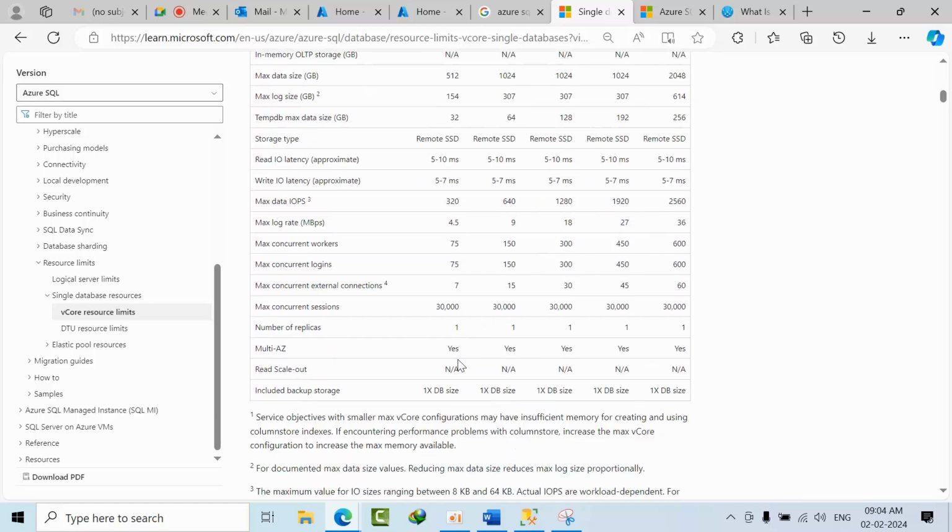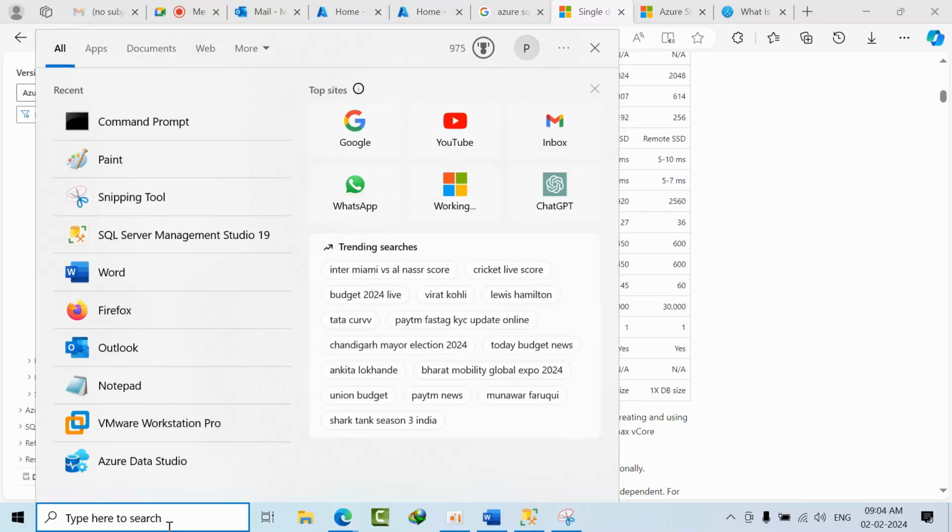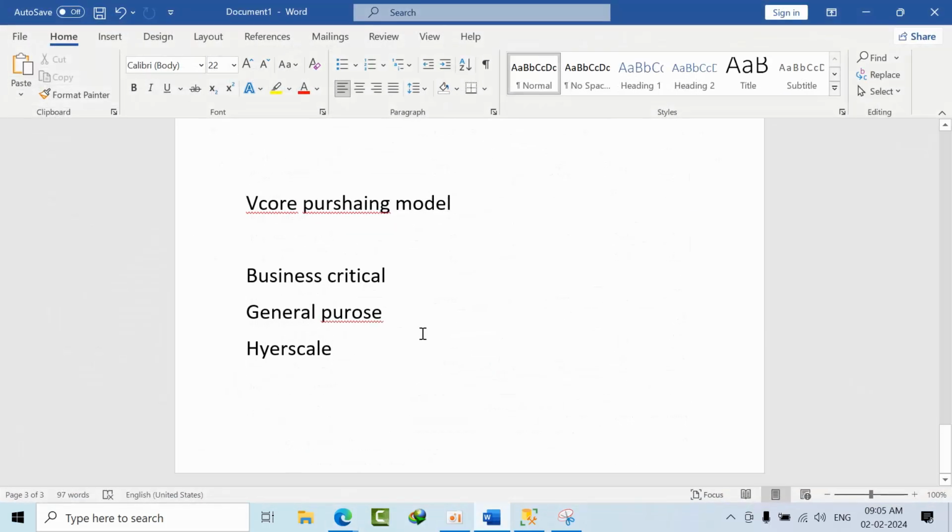I will tell you one more interview tip. In the interview, they may say, Harsha, I want to migrate one database to Azure. How are you going to do it, which service, what are the things you will consider? For that, the best answer is to ask them in reverse which service they want to migrate to.